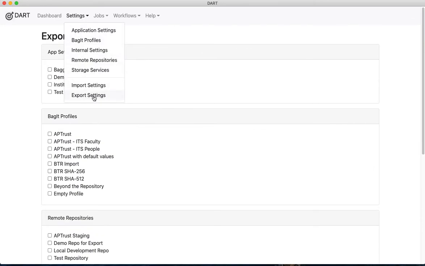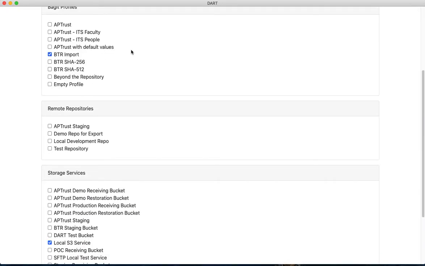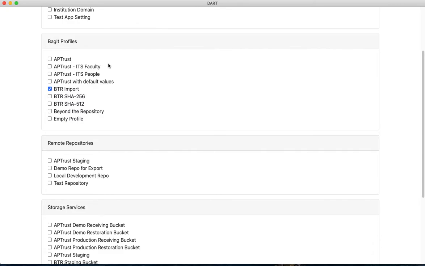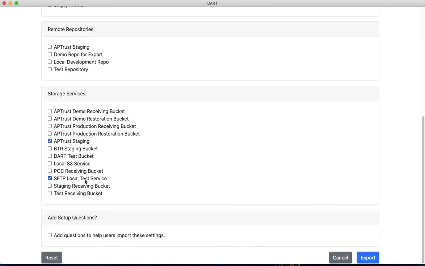You go to Export Settings, and we're going to choose that BTR BagIt profile. We want to share that with others in our organization. And we'll choose that APTrust staging service and local SFTP service.